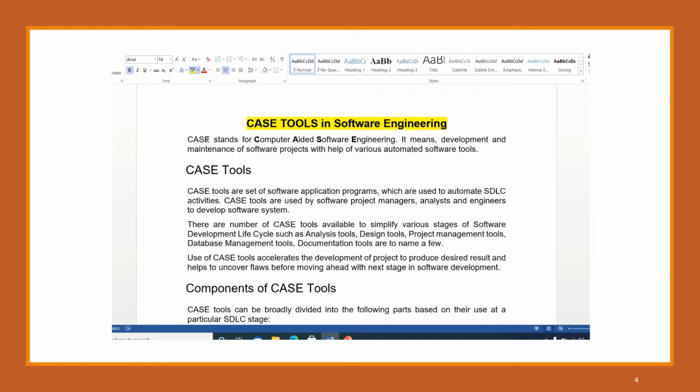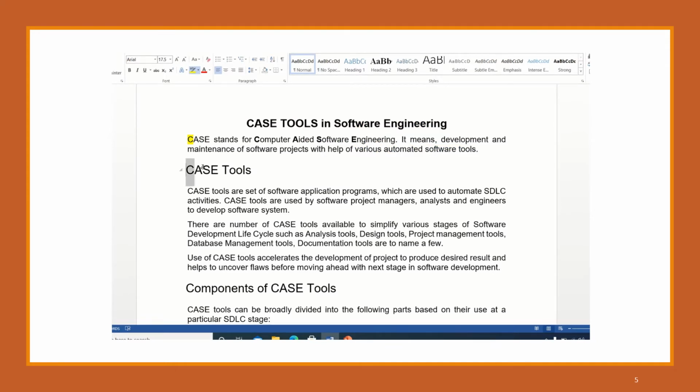Basically, CASE stands for Computer Aided Software Engineering, and it helps in the development and maintenance of software projects with the help of various automated software tools. These are certain automated tools available for different phases of the software development life cycle.